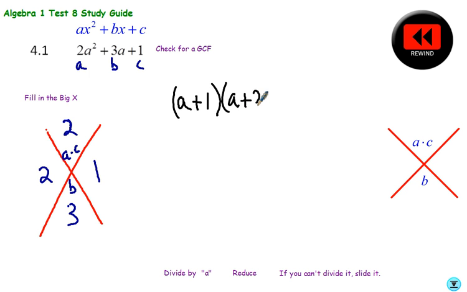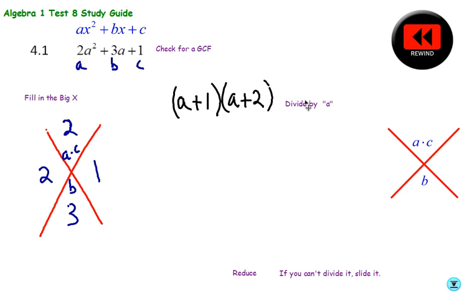By the way, the only thing that's different about this problem as compared to the last problem is that there was no greatest common factor on this one, whereas in the last one there was. So you'll notice that from here on out through the rest of this particular problem, everything's going to be the same. All right, divide by